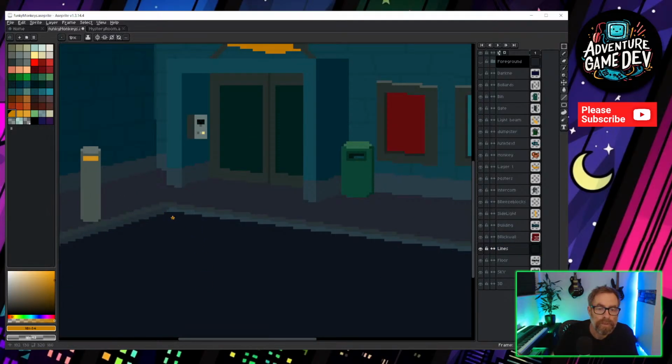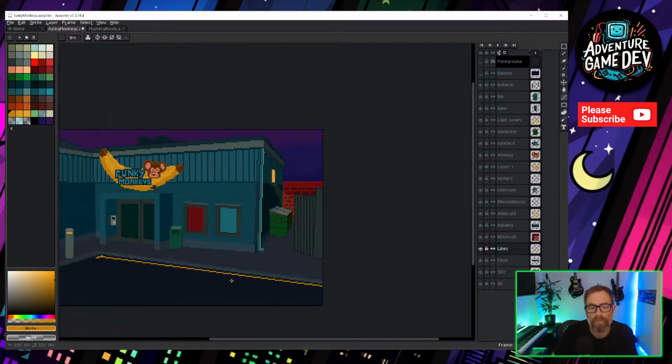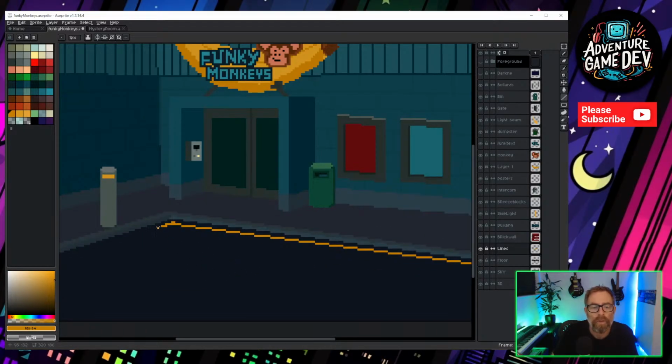So double yellows, yeah, in the UK, basically you can't park there. Maybe need to be 2 pixels thick, just so it doesn't look so jaggy. It's super jaggy, isn't it?